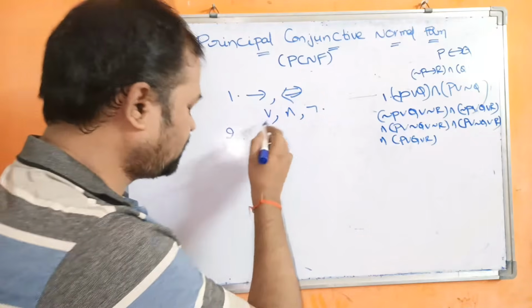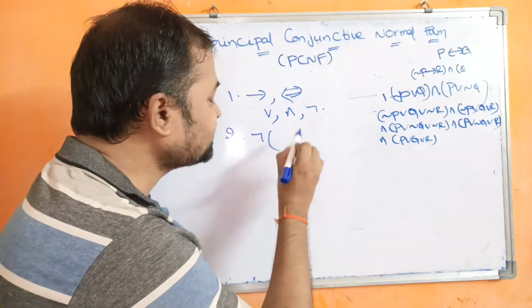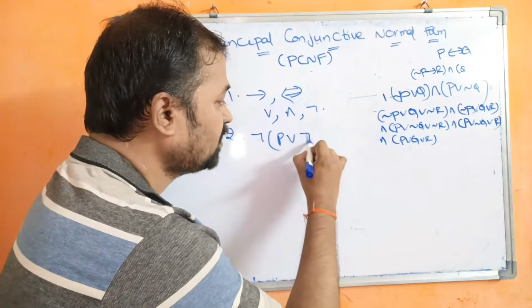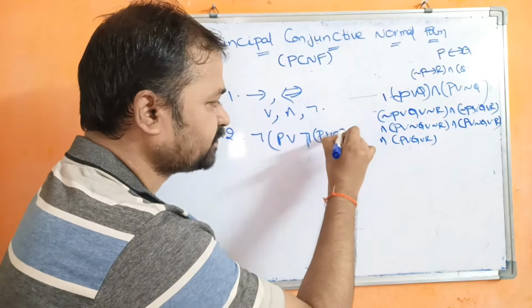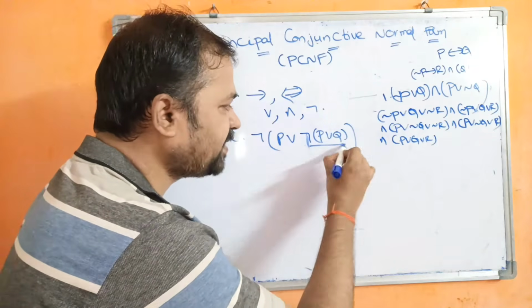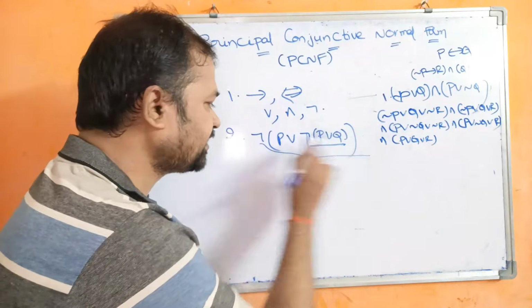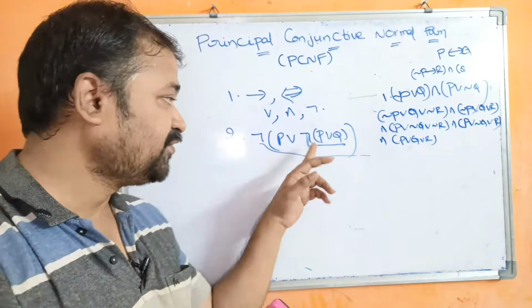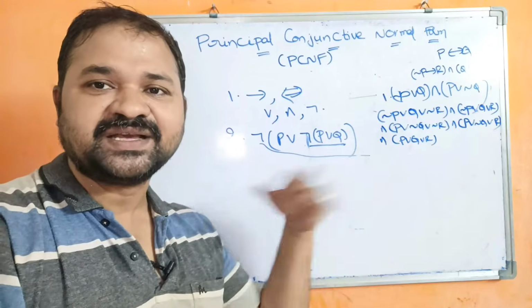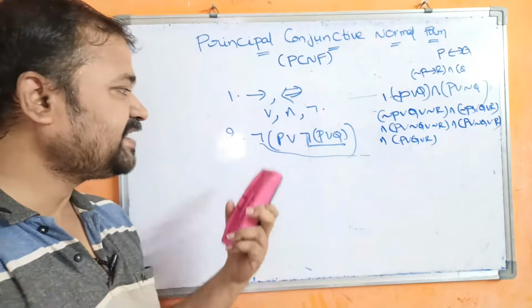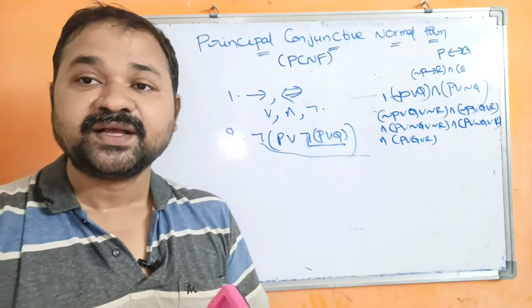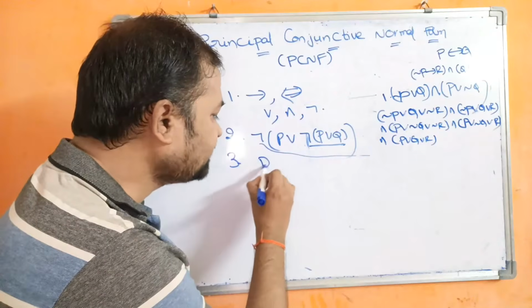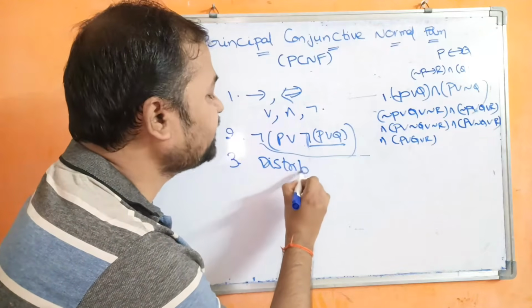And the second step is, if negation is applied on a part of the problem or the entire problem, then we have to apply De Morgan's law. If you observe here, negation is applied on a part of the problem. If you observe here, negation is applied on the entire problem, then we have to apply De Morgan's law. We know the formula. Negation of P or Q means negation P and negation Q, whereas negation of P and Q means negation P or negation Q. Okay. And the third step is apply the distributive law in order to obtain the CNF.